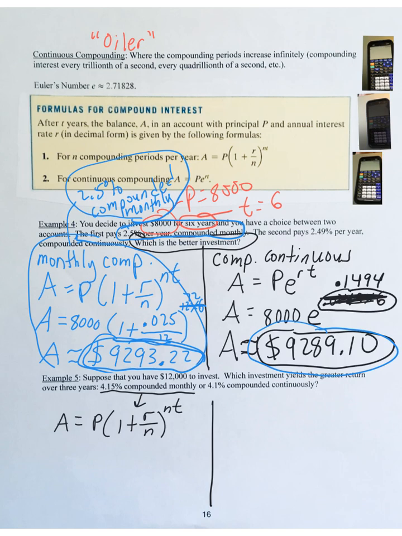The P, principal, the original investment in both accounts, is going to be $12,000. So let's go ahead and swap out P with 12,000. Left parenthesis 1 plus R converted to a pure decimal. So the interest rate is 4.15%. When you move that decimal point 2 hops to the left, you get